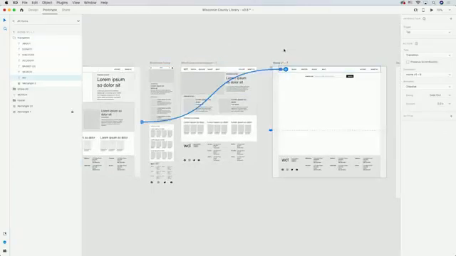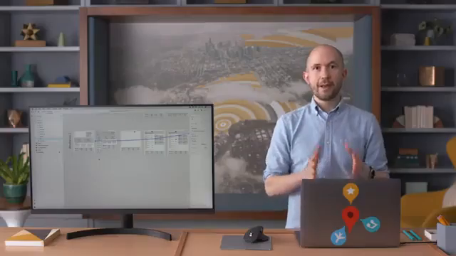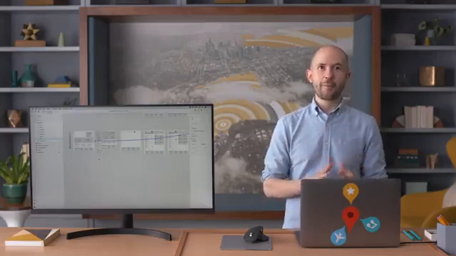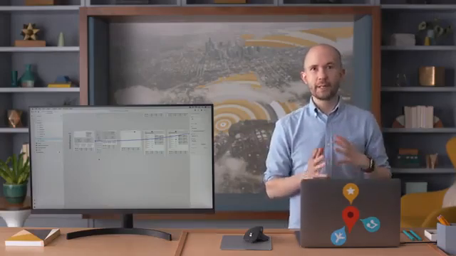On each of my artboards, I'll click the logo in the top left corner and drag the arrow to the homepage artboard. Now, if a user wants to navigate to the homepage at any point, all they have to do is click the logo. Okay, I've just incorporated 2 insights that came out of the usability study into my low-fidelity designs in